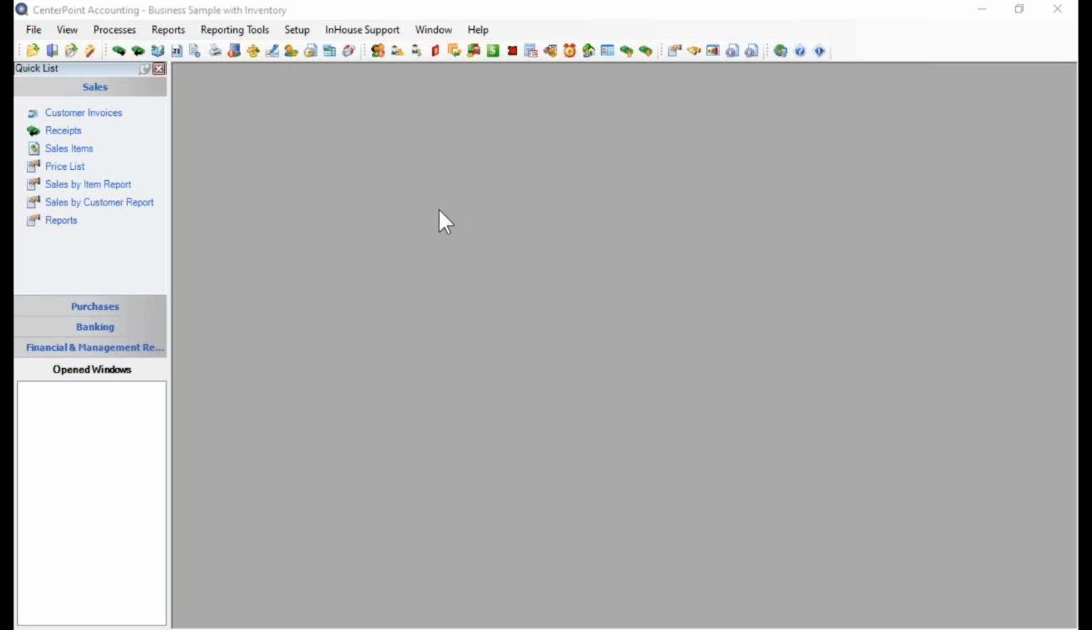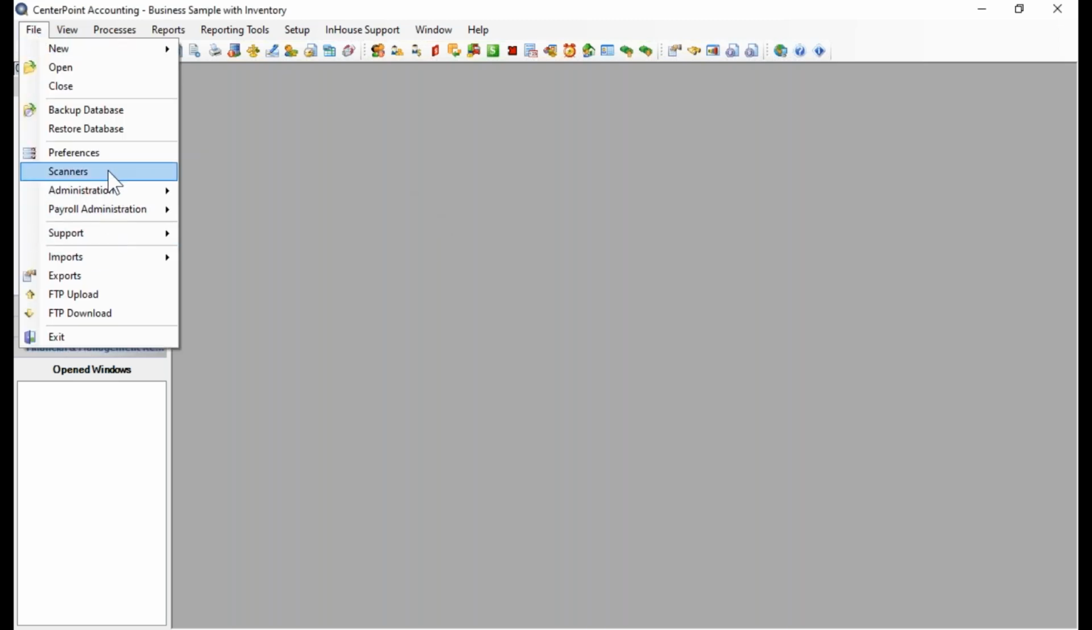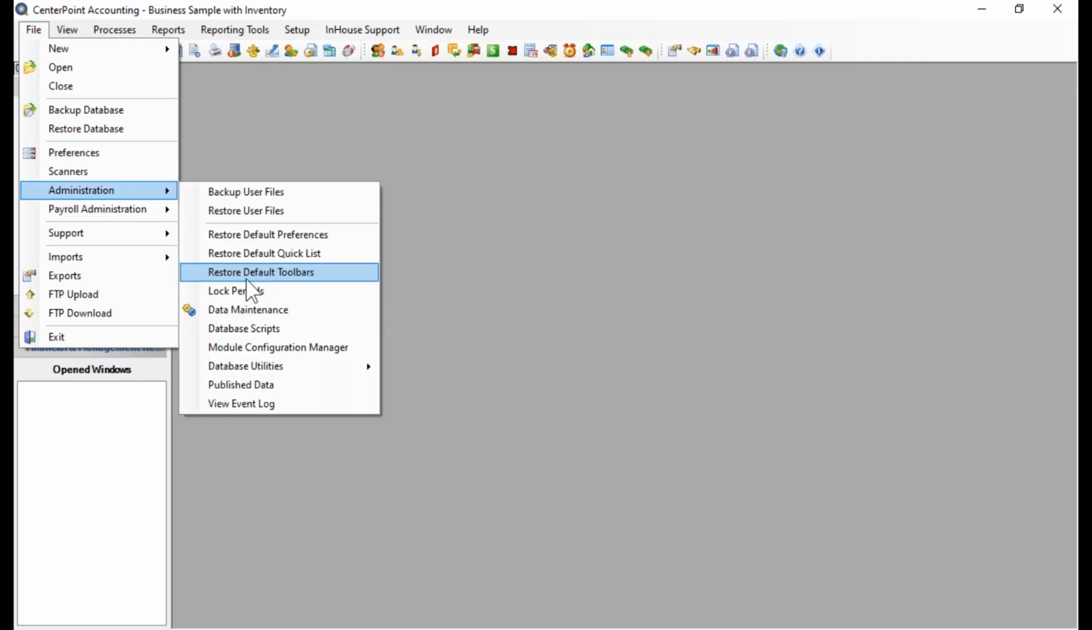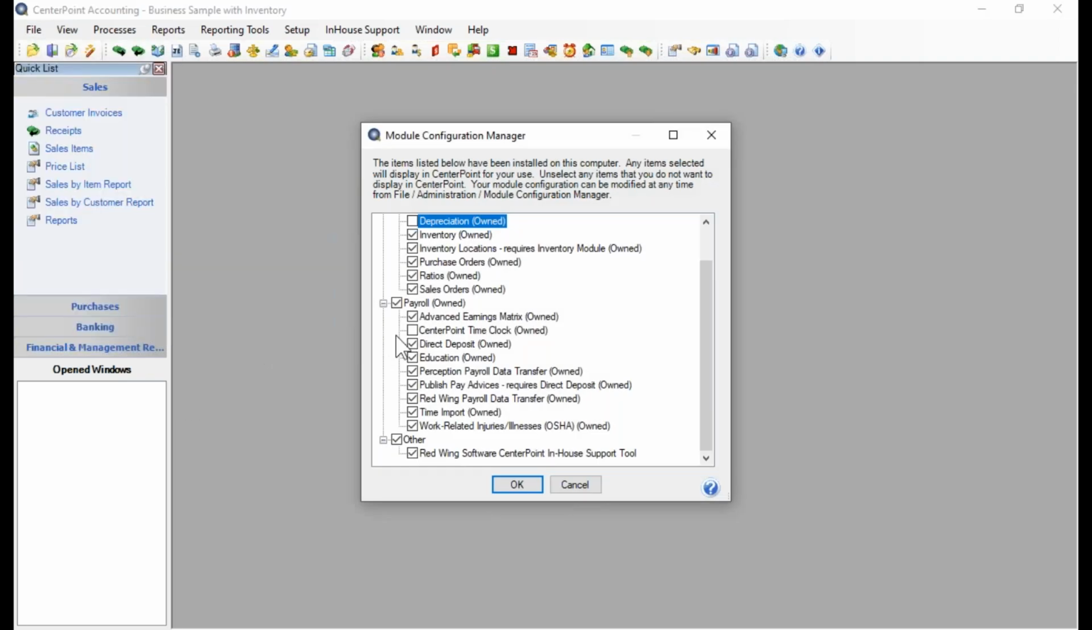To verify that the inventory module has been set up and registered, you would want to go to File and to Administration and to the Module Configuration Manager. And in the Module Configuration Manager, you just want to make sure that there's a check mark next to inventory and that it says owned. If there's a check mark next to it and it doesn't say owned, then it's likely that you need to